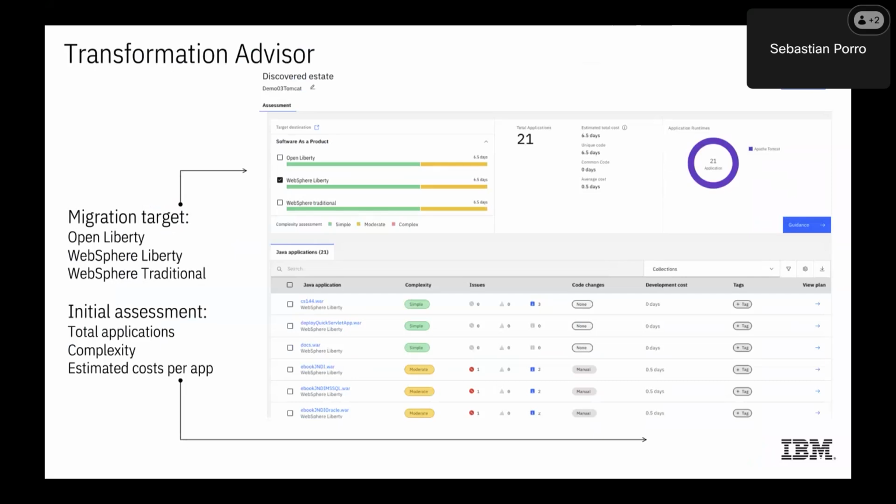Applications can be categorized as moderate in terms of complexity. That means that you're going to need to do some changes, but the changes are well known and well documented, and in many cases can be automated. And some applications can be